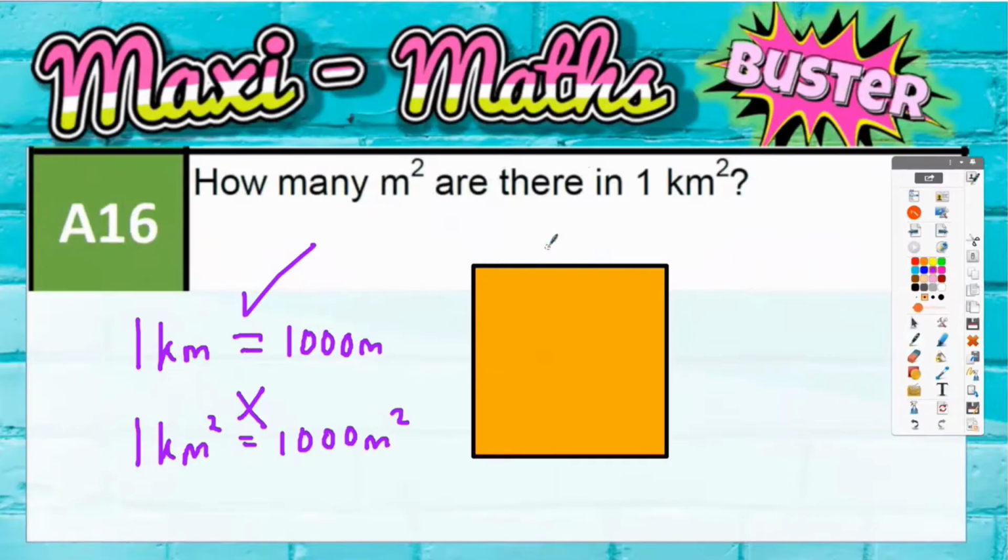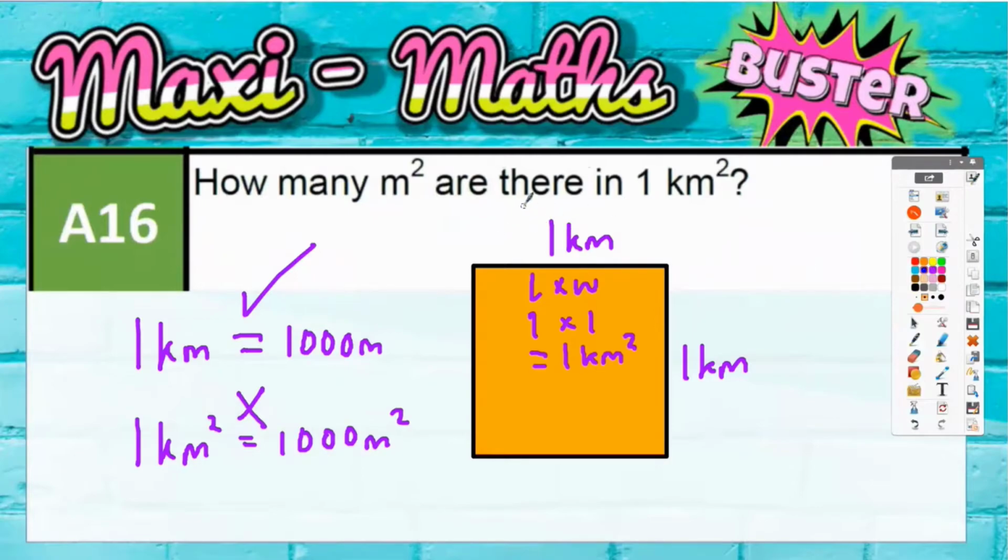A kilometer squared is a square which is 1 kilometer by 1 kilometer. And remember, the area of a square is length times width. So in this case, it would be 1 times 1, which would be 1 kilometer squared, because 1 times 1 is 1, and we're dealing with kilometers, so it would be kilometers squared. But when you convert the units to